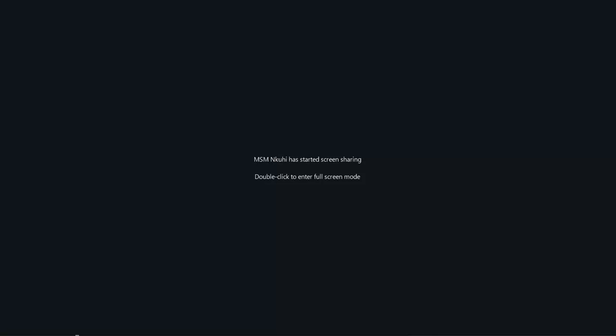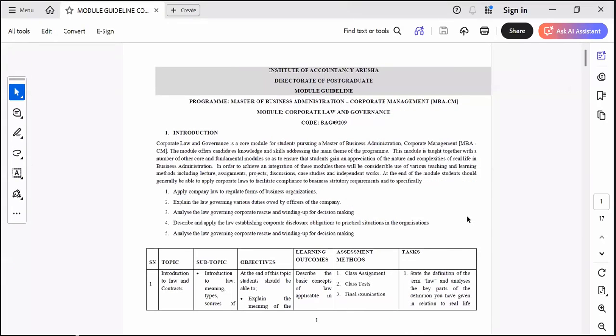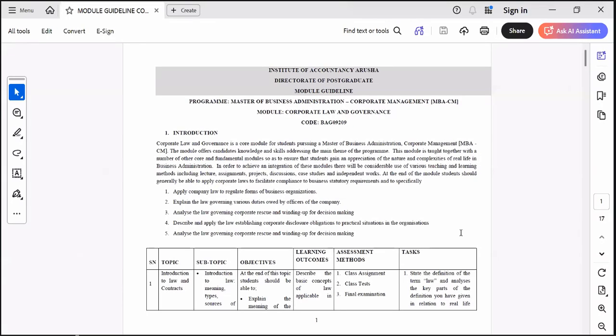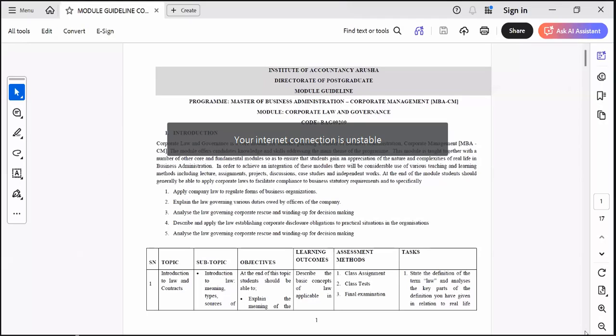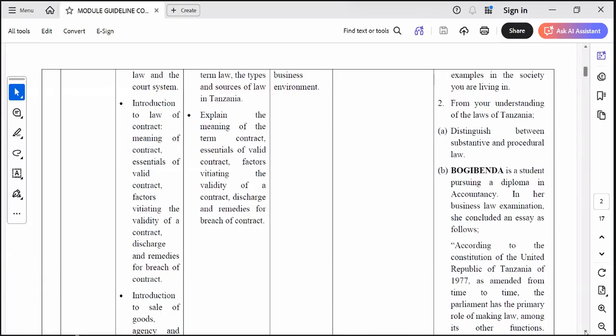So if you look at the module guideline, for this particular course, for this semester, insofar as corporate law itself is concerned, we were expected to cover 5 topics. Now you see we had introduction to law and contracts. I remind you this many times because I see there's a tendency of most of you forgetting even the module guideline, from what I've been able to gather for a very long period of time I've been teaching this course. So we have the first topic, which is basically on introduction to law and